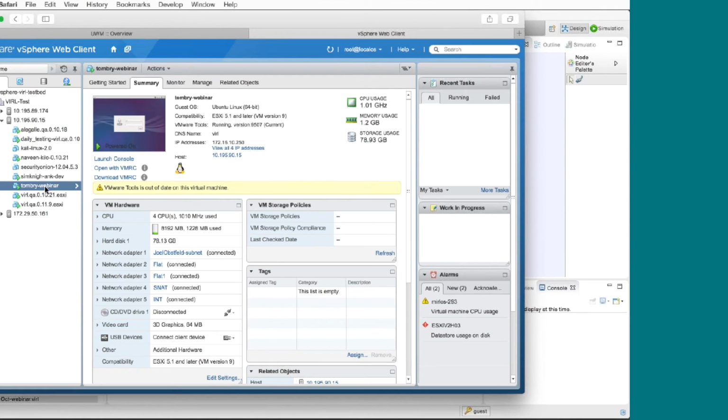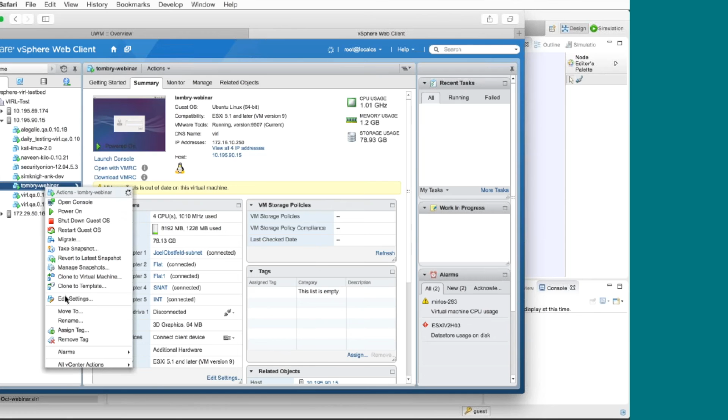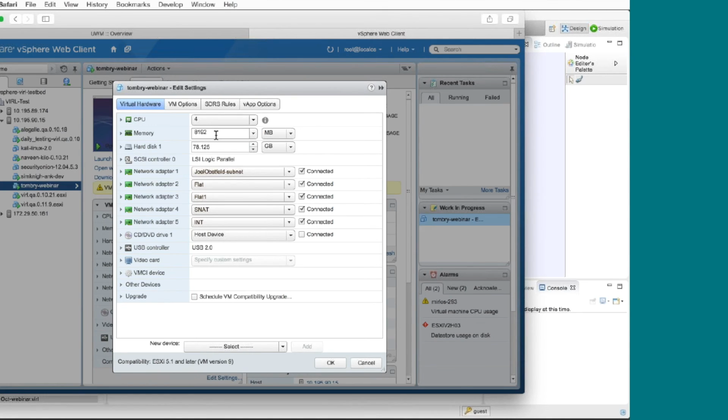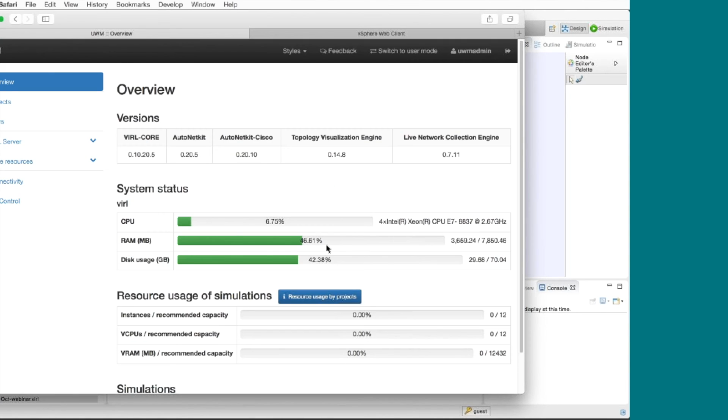This is similar to if you have a decent MacBook Pro or something, you might run the VIRL VM with this sort of setting, with 8 gig of RAM for the VIRL VM itself and maybe 4 cores. But even though I have about 8 gigs of RAM allocated to the VIRL VM,